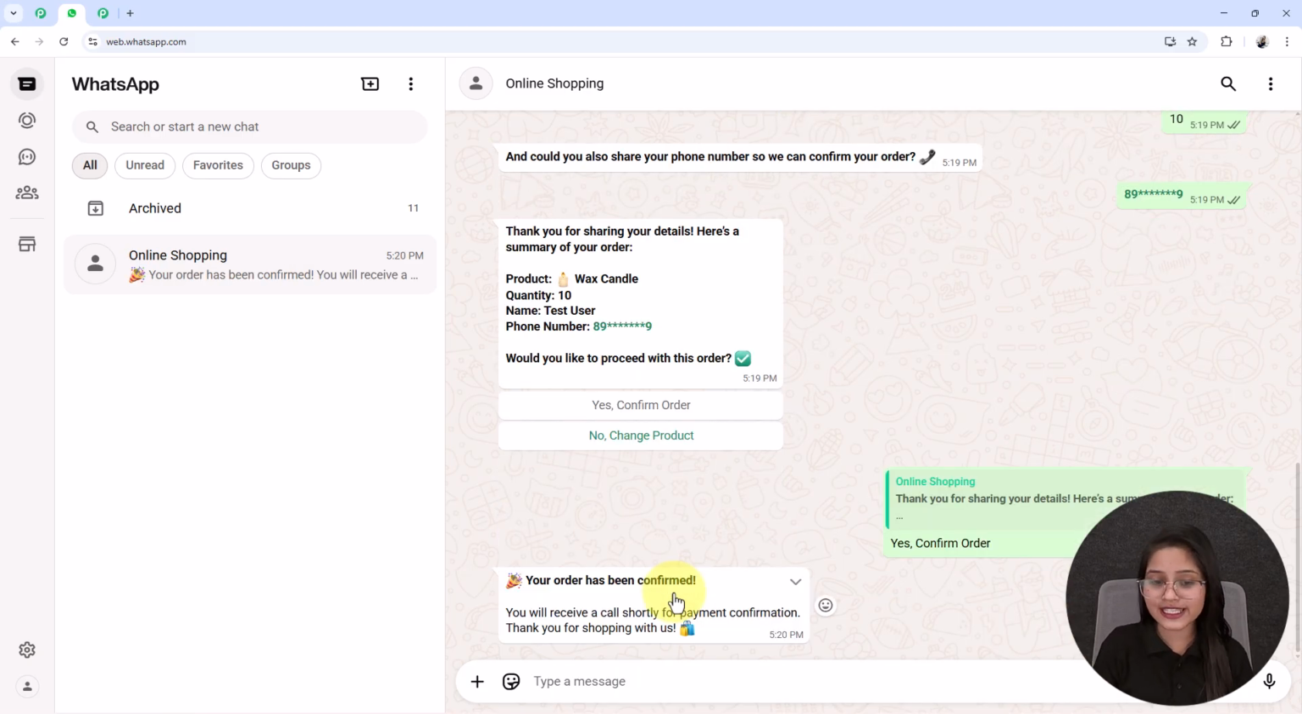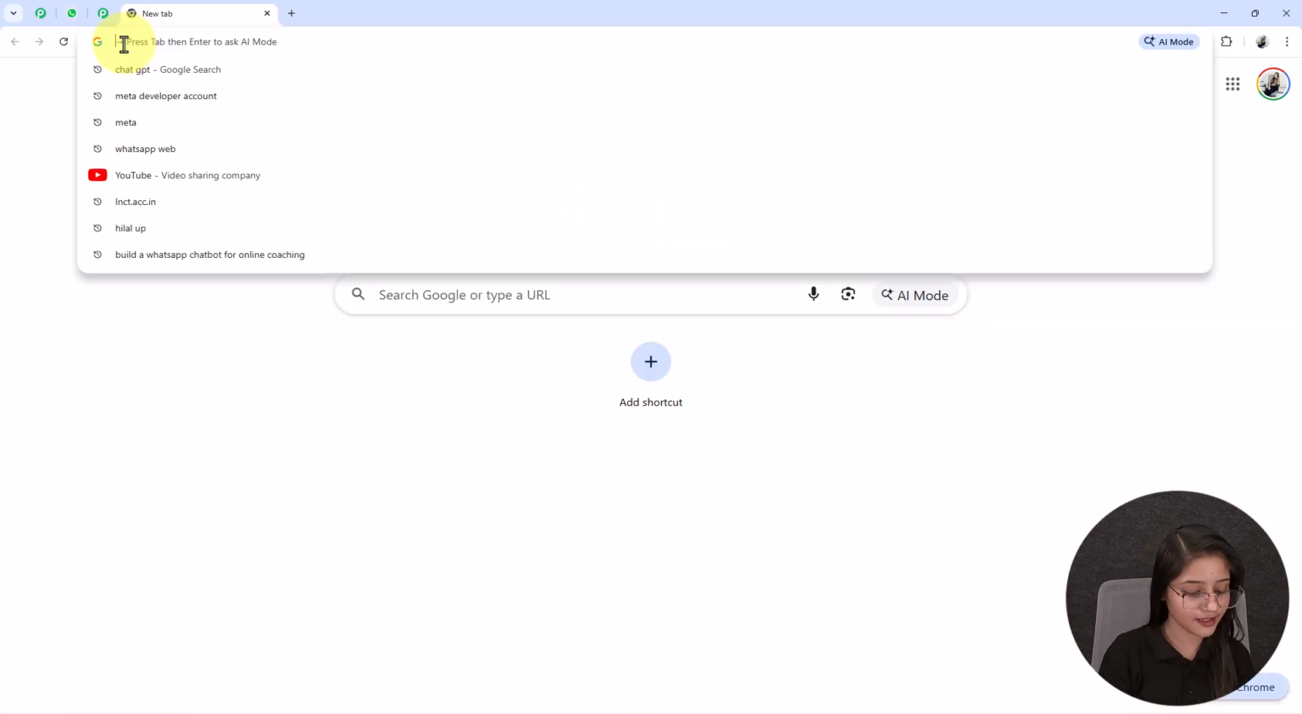After that, you will see that the bot responds like this. So if you also want to create this amazing automated WhatsApp chatbot for your online shopping business, then simply follow the step-by-step instructions that I am giving you in this video. So let's get started. At first, you have to click on a new tab and search